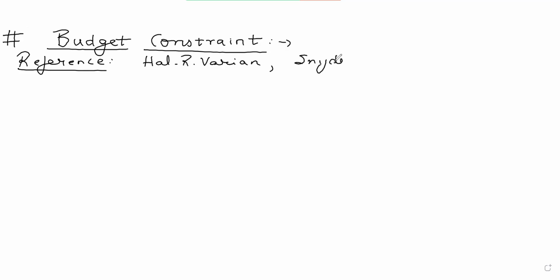The books I prefer to follow for my lectures on budget constraints: one is Intermediate Microeconomics by Hal R. Varian, and another is Microeconomic Theory by Snyder and Nicholson. So these are the standard books I prefer to follow for my lectures in Intermediate Microeconomics Part 1. As per the editions I have, the chapter number might be different, but if students are carrying the latest edition of these books, the chapter numbers might be different,